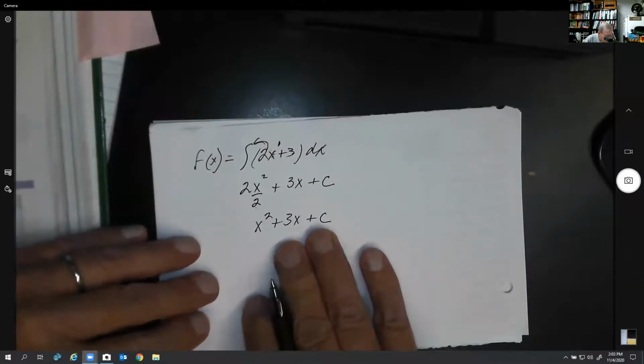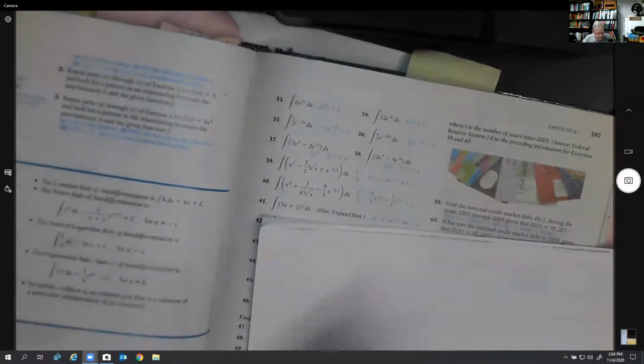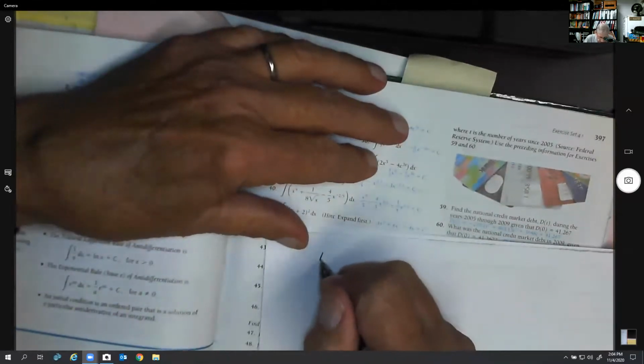Okay. And that's pretty much the idea behind it. Okay, so on the next page, there's lots of these to practice, and you want to do as many of these as you can, just so you're getting used to it. Here's one that's a little confusing. Just look at number 17,